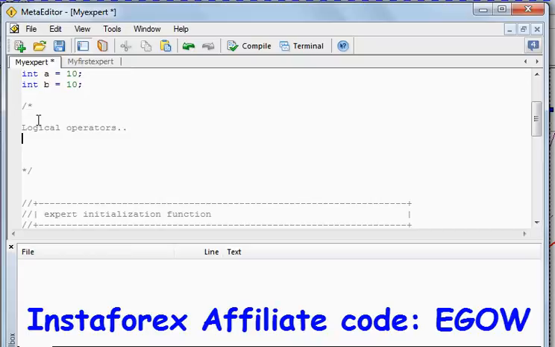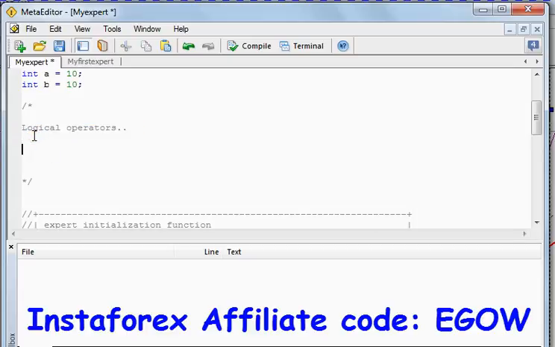In the previous video we have seen the relational operators, and now we are looking at logical operators. There are three types of logical operator. The first one is the exclamation mark, which is called negation.